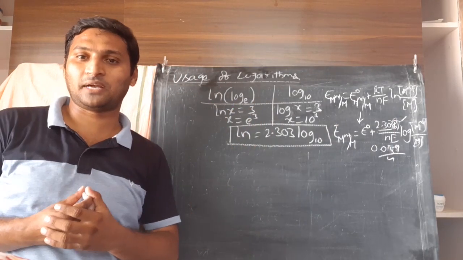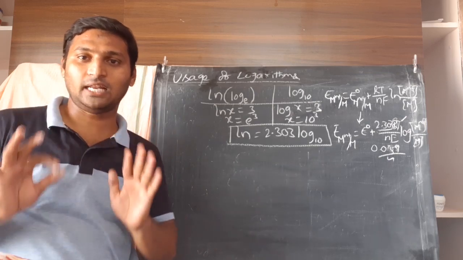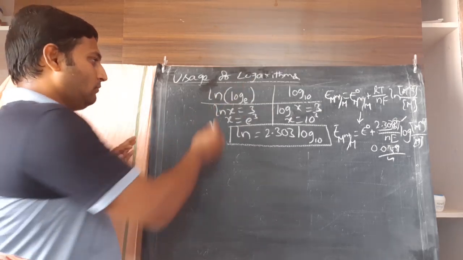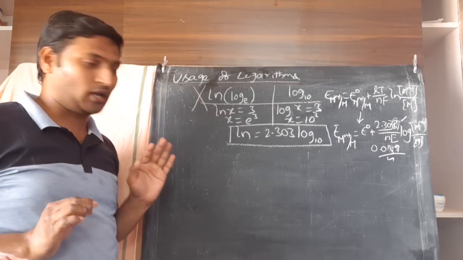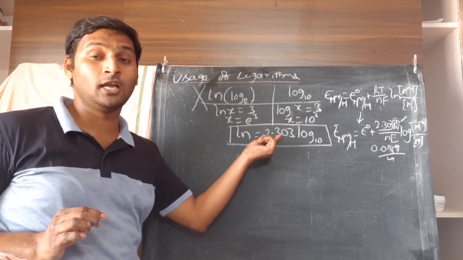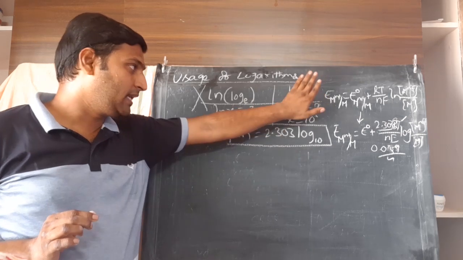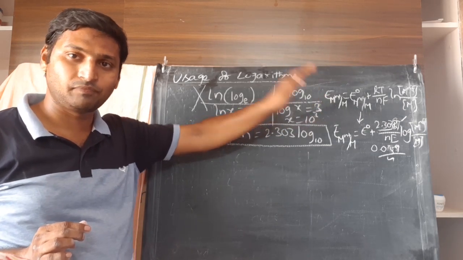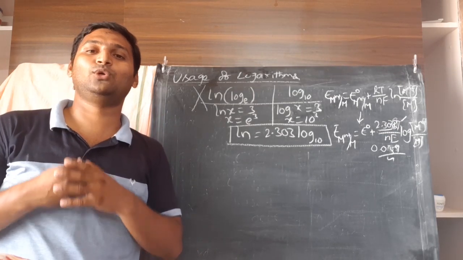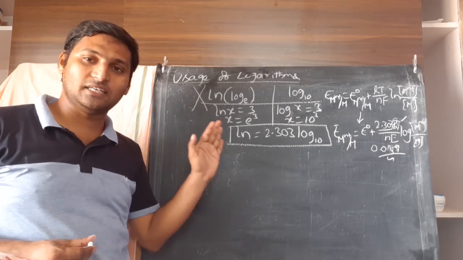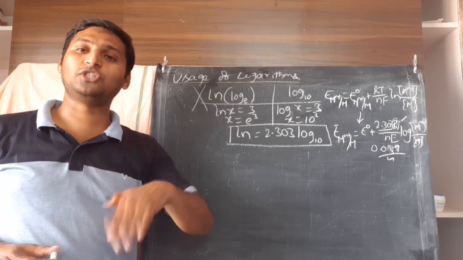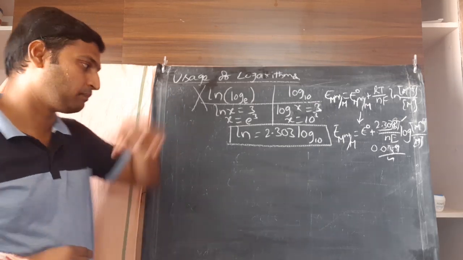Likewise, even in the next chapter, chemical kinetics, many will be coming. So be clear and be prepared. Now, not much to be worried about natural logarithm, except that whenever you find natural logarithm, convert it into log to the base 10 by multiplying by this constant 2.303. Now what we worry about majorly is this. Before I explain how to use the log table and how to do logarithms, let me first explain a few basic formulae related to logarithms which you will have to use in the equations.